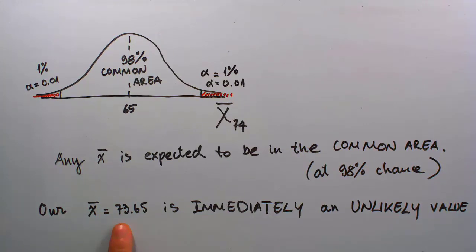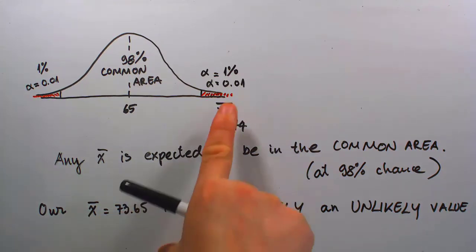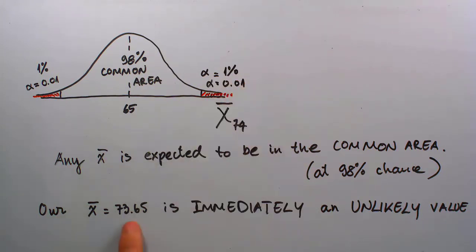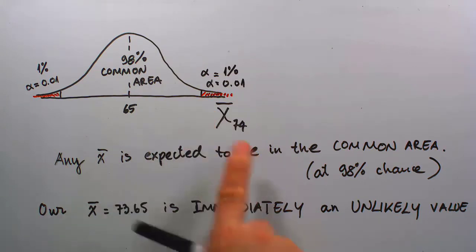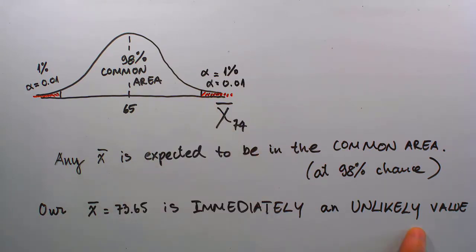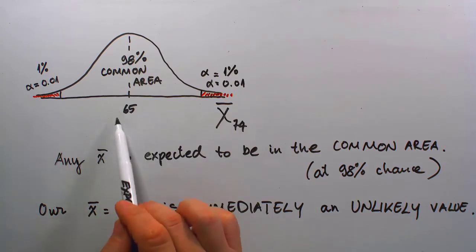The chance of getting a sample mean like this is only a 0.01 chance, or only 1% of the time that we get a sample like this. But why is it that with our only one sample ever, we can immediately calculate that it falls right into the unlikely area, making it an unlikely value? That is how it's contradicting, because if this statement was the truth,